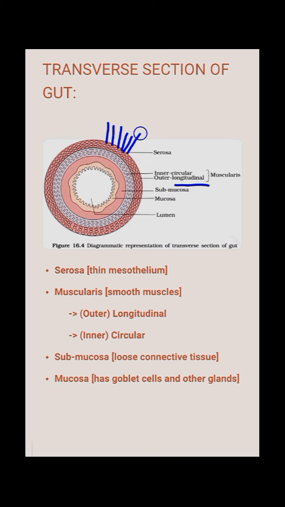It does not mean that because round shapes are there, it is the circular muscle. No, first thing you have to remember, you are seeing this in cross section. So the thing you are seeing here is circular in cross section. This is the circular muscles. And the things you are seeing here are longitudinal muscles. These are longitudinal muscle fibers arranged like this, but in cross section they are seen as circular. So don't confuse that.